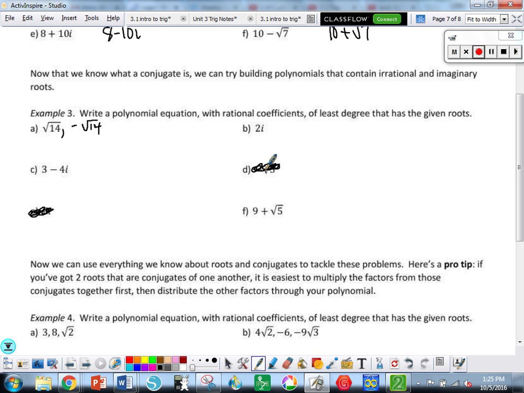Now these are my 2 solutions, and I wanted to write them in a polynomial. We do just like we did on the previous page. We'll say x minus the square root of 14, and x what? Plus the square root of 14. Now this is going to be really ugly for a minute until you start recognizing the pattern. Notice this right here, this is just a monomial. Monomials tend to be a little bit easier. When you get to the binomials right here,